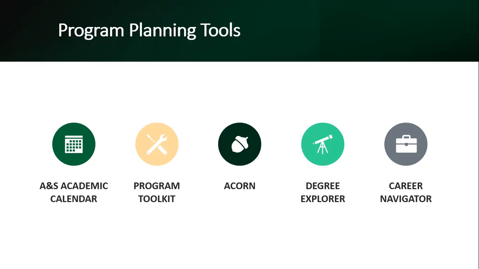By now, most of you are aware of ACORN, and this is where you get to make all the changes when it comes to your personal information and also when it comes to your program changes and courses. So when it comes to planning for your programs or courses, we have different planning tools that you can use. However, when it comes to actually enrolling in these programs, ACORN will be the place to do that. And also, as you know, ACORN is the platform where you'll be able to view your grades, financial information, and also view your timetable.